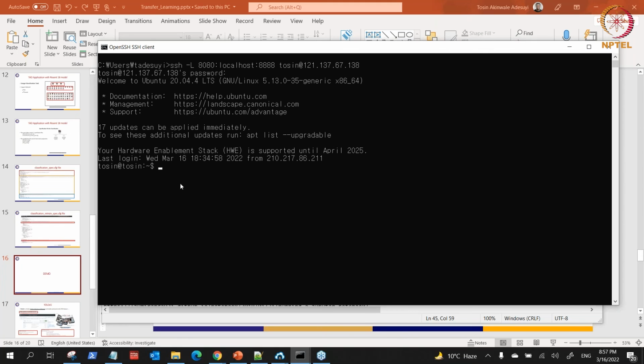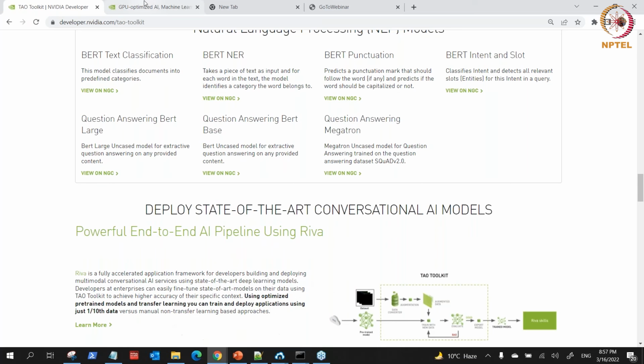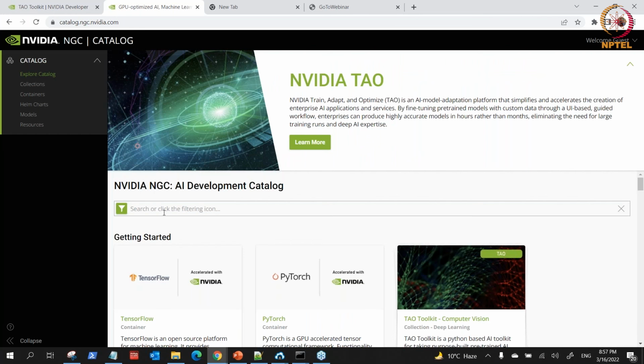So the next thing to do is, before you can use the NVIDIA TAO for your transfer learning, you need to pull the container. So let me show you where you can pull the container here. So you come to this place. This is